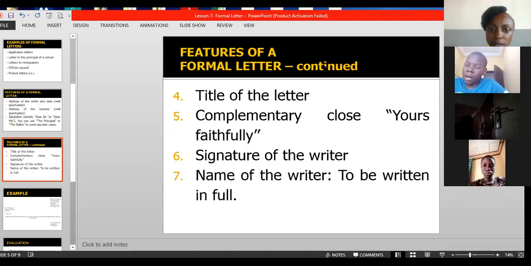So the fourth thing you are going to write is the title of your letter. Then let me tell you something here, because you're going to write a letter for me in your assignment. I want to see how creative you can be with your formal letter. The title of your letter, if you want to write